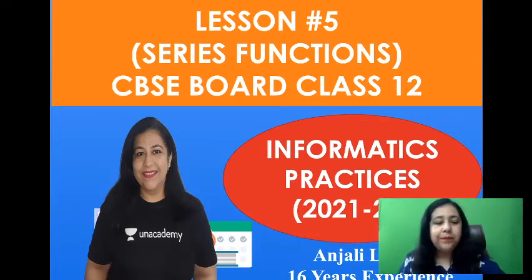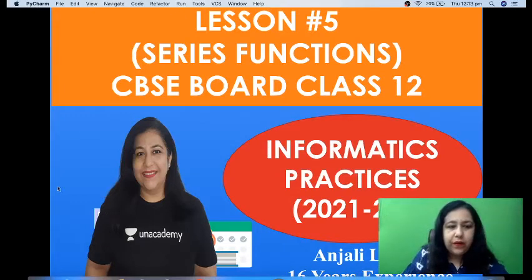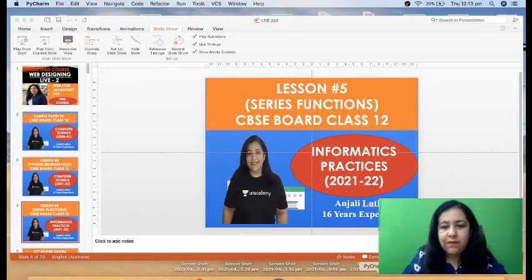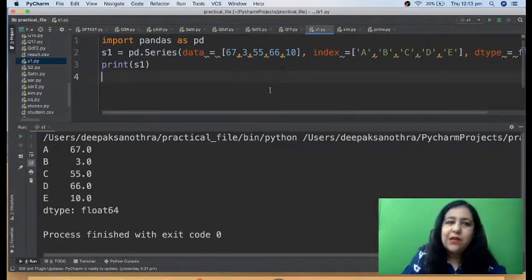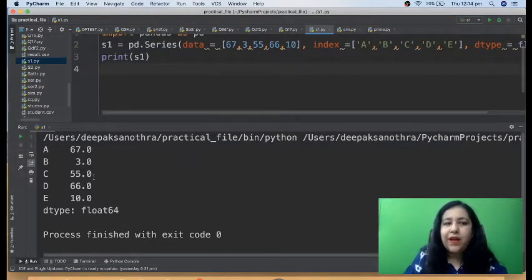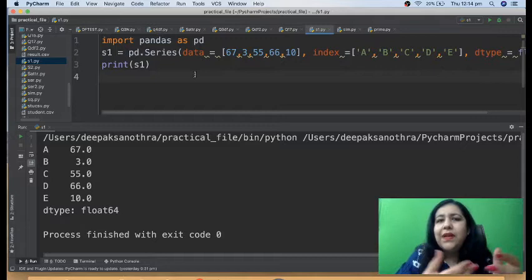So let's begin. So we move on to our PyCharm where we have already coded for the series thing, right? So we will work on the same series which we created earlier. Like this was the series where we have these values, we have given the index and the data type is given as float. That's why the values are coming in points, right? Now series we have created, what are the various operations, what are the various functions which you can work on them? The first one is head. So very basic functions are there, and these two are asked in the exams as well as used very frequently, and the names are head and tail.